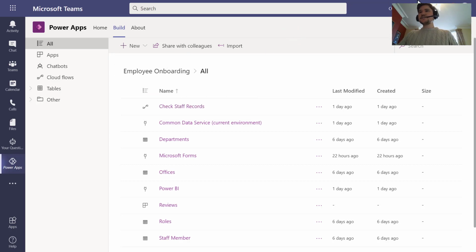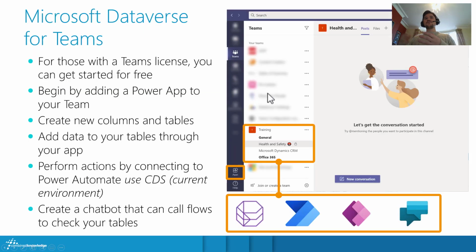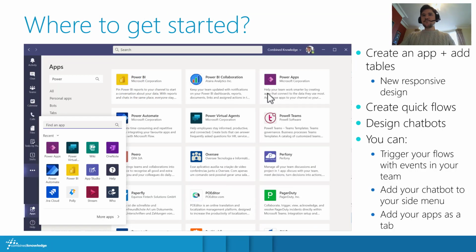And that is basically what I would like to get across to you in regards to Microsoft Dataverse for Teams. So where to get started? One thing I'd recommend doing is going into Microsoft Teams, and if possible, don't slap a Dataverse for Teams directly onto a really popular team that you're already using. If you're just practicing, request a new team or create a new team depending on your organization's governance. Then go to the Power Apps app,